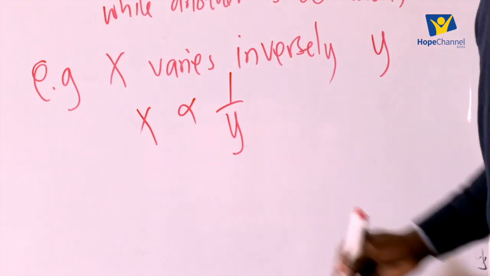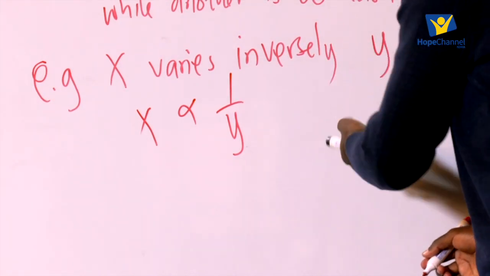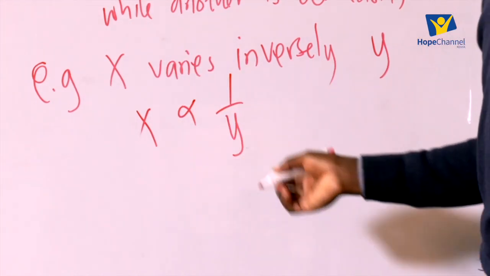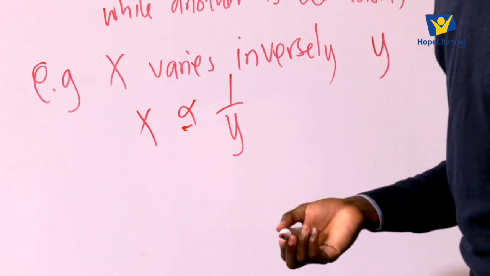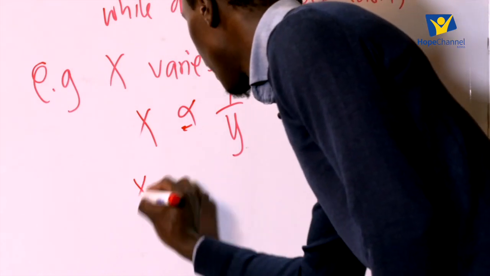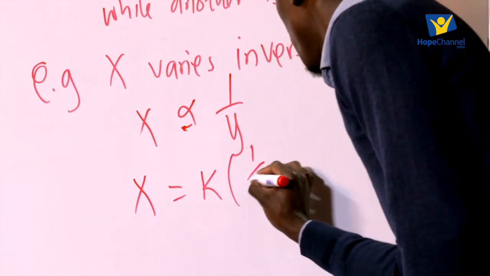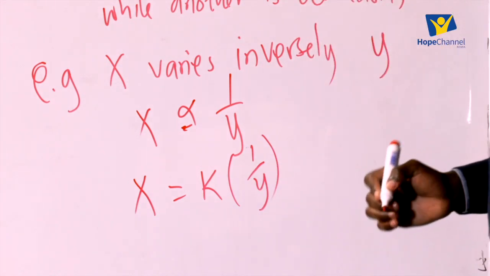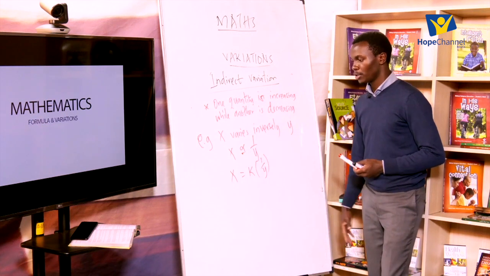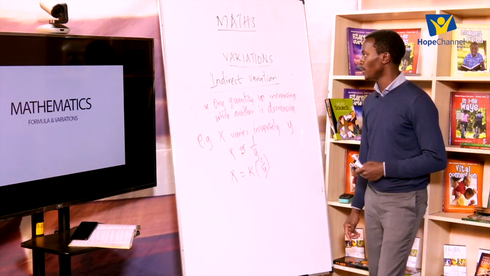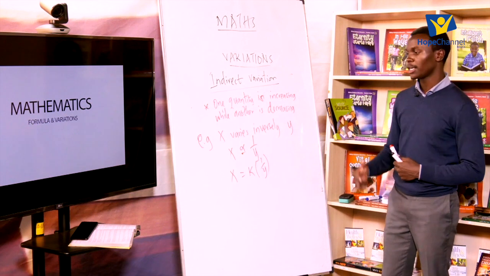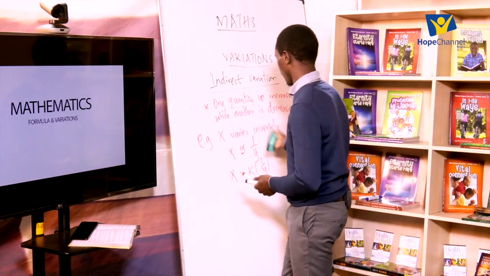So the 1 over y is showing that y is decreasing when x is increasing, or when x is decreasing, y is increasing. And in this case now, because these are a sign of proportionality, we do away with it. We introduce the equal sign and a constant of proportionality, so we'll have it as x is equal to k multiplied by 1 over y. So as simple as that, and we shall be able to work out problems pertaining to indirect variation. But I want us now to take an example that has both of these two in one question. And now the question that we have is,